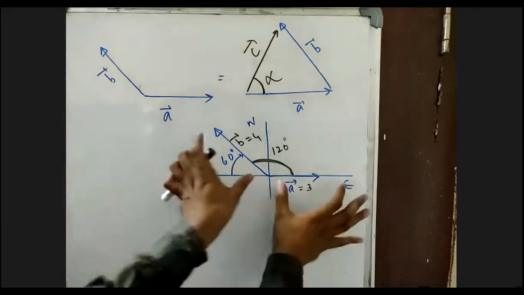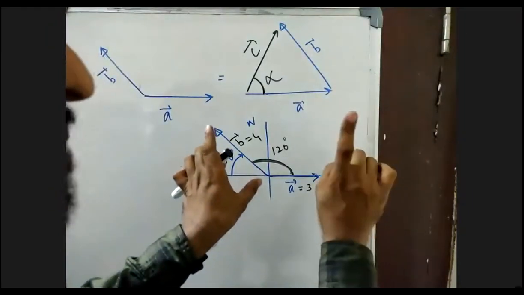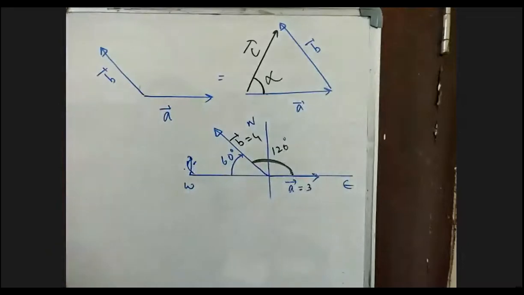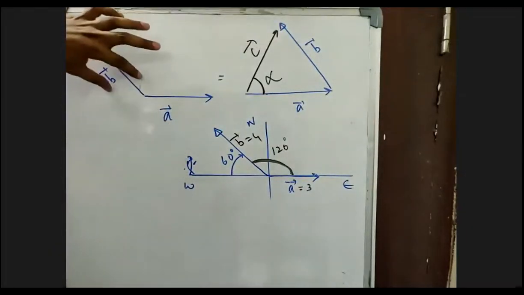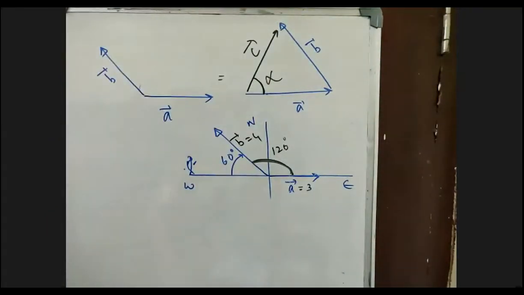See, these are two vectors, A bar and B bar. I am getting the angle by the triangle law, so don't use the tail to tail method. This is the head to tail method. That means the tail of the second vector should be attached to the head of the first vector. So I shifted the second vector and kept it on the head of the first vector. Alpha value will be equal to how much? 60 degrees?